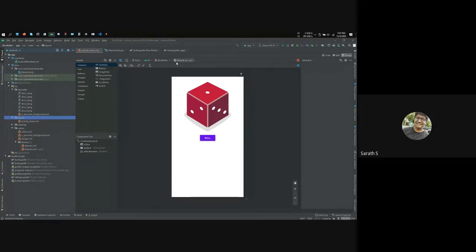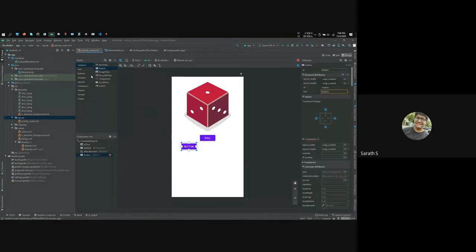Yeah. So this is the layout designer in Android Studio, and over here on the left you have what's called a palette. Here you have drag and drop items that you can easily drag and drop. The common part here has text views, buttons, image views, and many other items. And here if you go on, you can see there are many drag and drop items. So for example, if I wanted a button, I could just drag the button and put it here. Yeah, that's basically what the palette is.